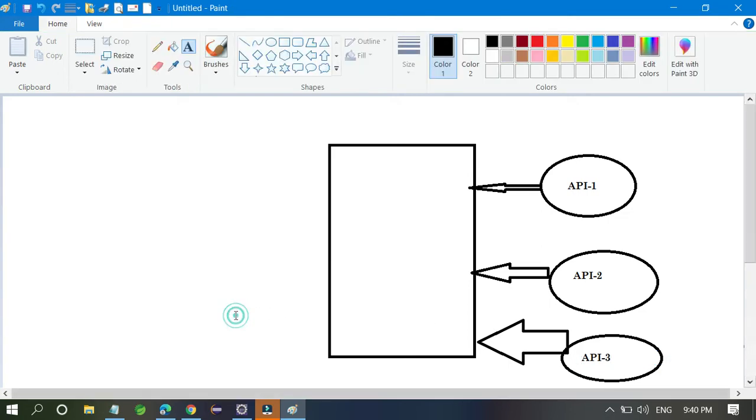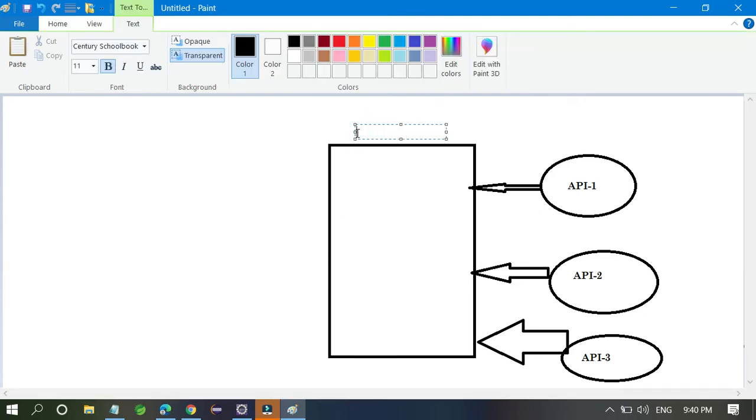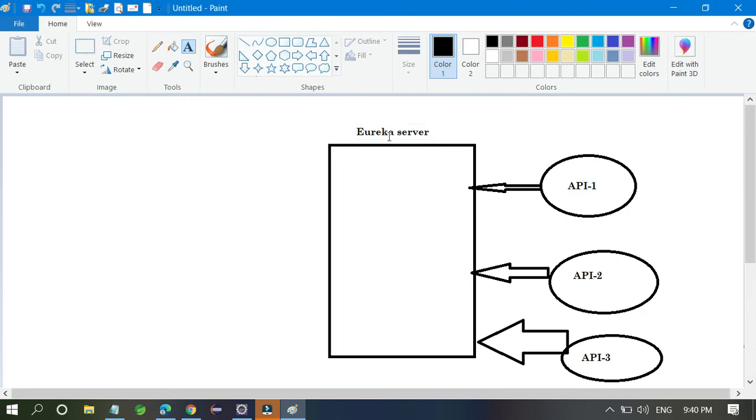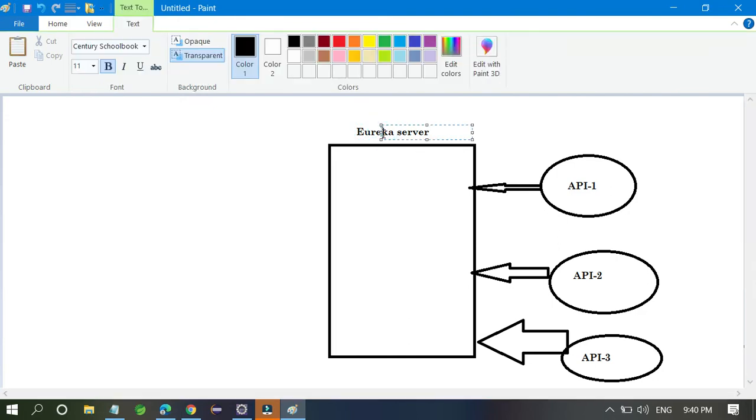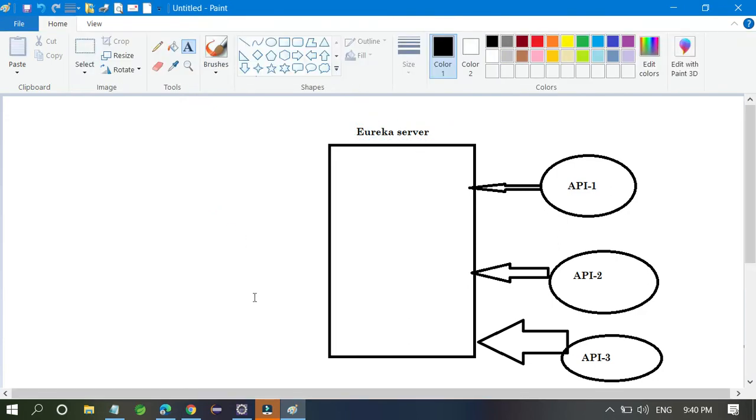We have multiple APIs, n number of APIs, no problem. Here we have created one more special API, which is the Eureka server. So all those APIs are registered with this Eureka server.